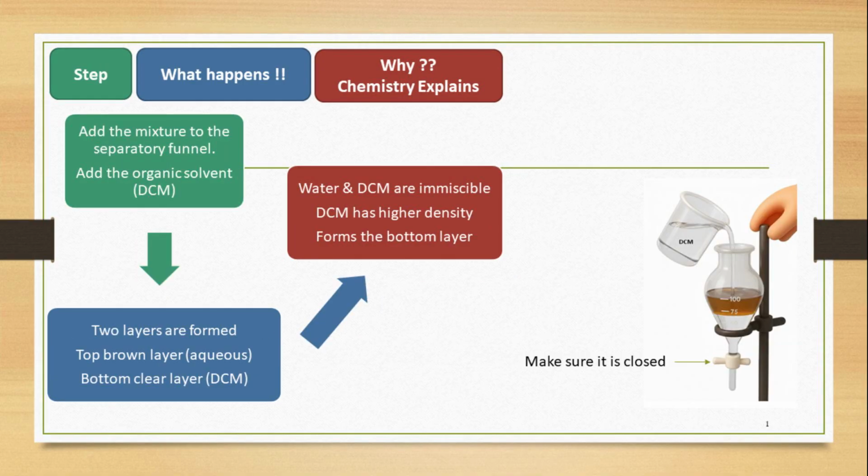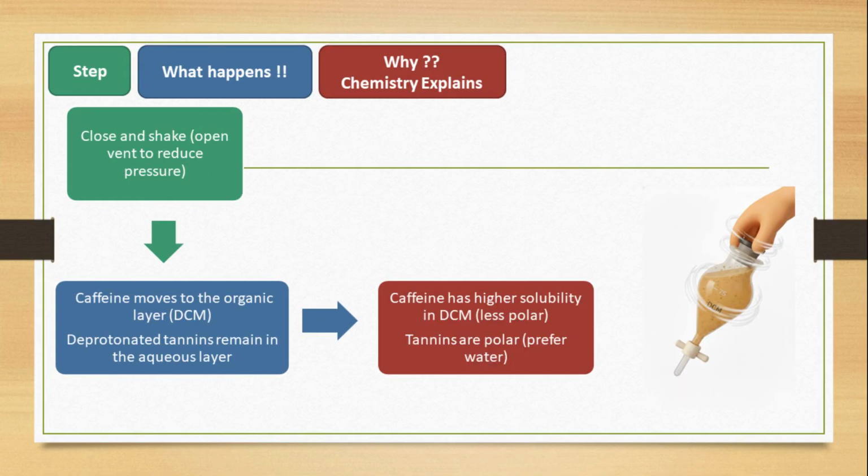The tea solution, now containing caffeine and the ionized tannins, is poured into a separatory funnel. Dichloromethane is added, and immediately two layers form. Water, being less dense, forms the top layer, while DCM, being denser, forms the bottom layer. Caffeine now faces a choice, and because of its much higher solubility in DCM, it is ready to escape into the organic layer. Mixing the funnel increases the contact surface between the two solvents, giving caffeine molecules plenty of opportunity